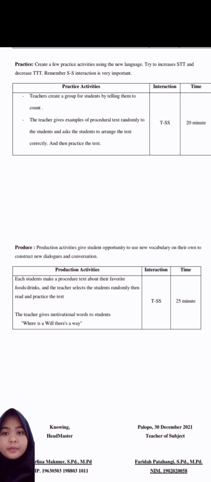Components of RPP. The components of the learning implementation plan, according to the Minister of National Education Regulation number 41 of 2007 concerning process standards, consist of 1. Subject identity, competency standard, basic competency, indicator of competence assessment,